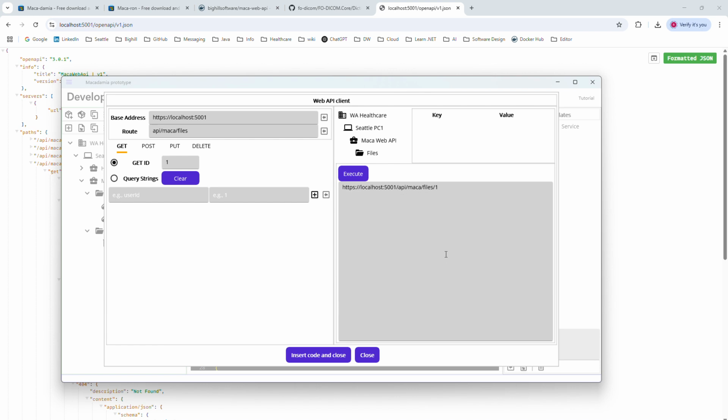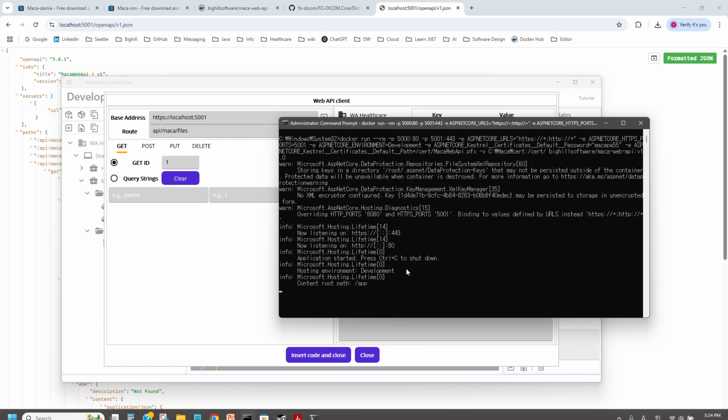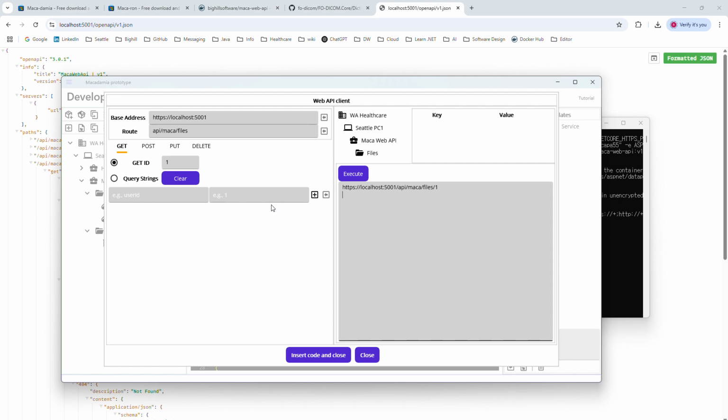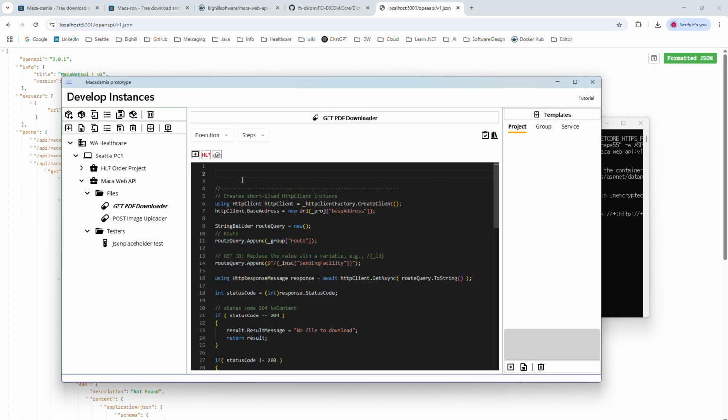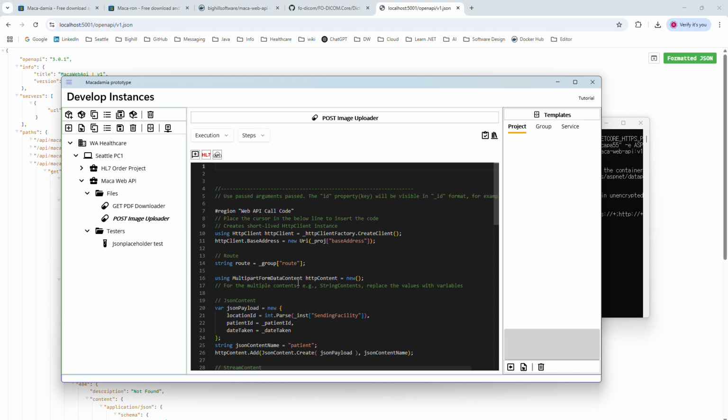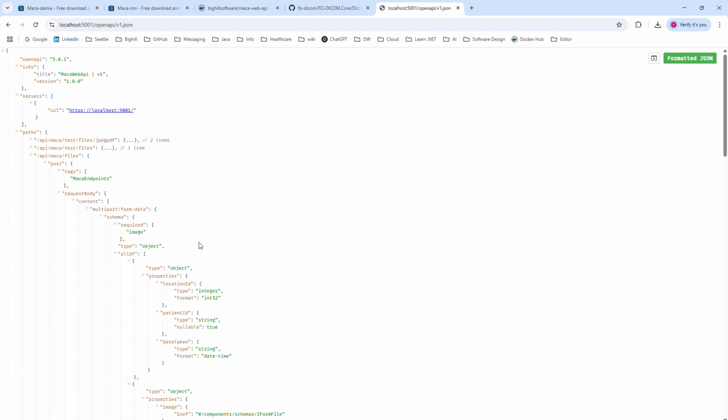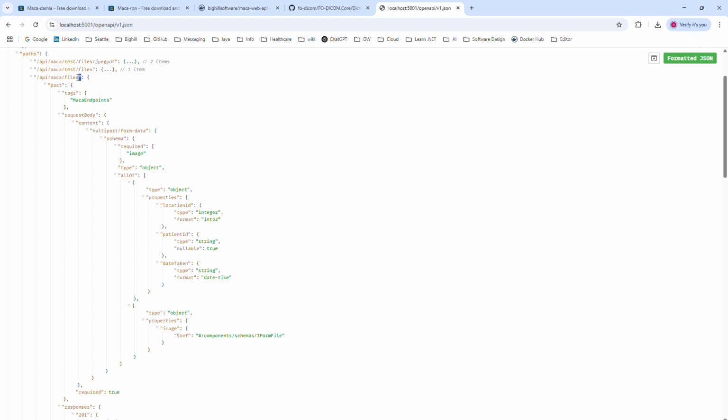This time, it is a little different from the previous execution. There's no value under the target destination because we don't have any data to download from the MACA Web API. So just close this one. And before we can download, all we have to do is upload images first. So if we go back to the spec, there is a POST API. Posting is uploading the